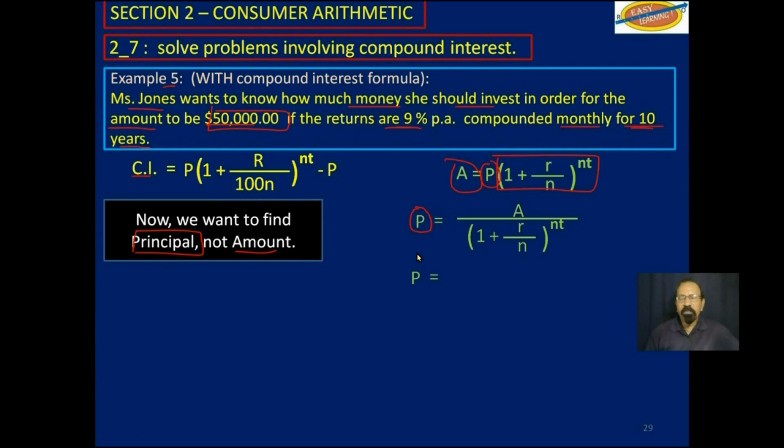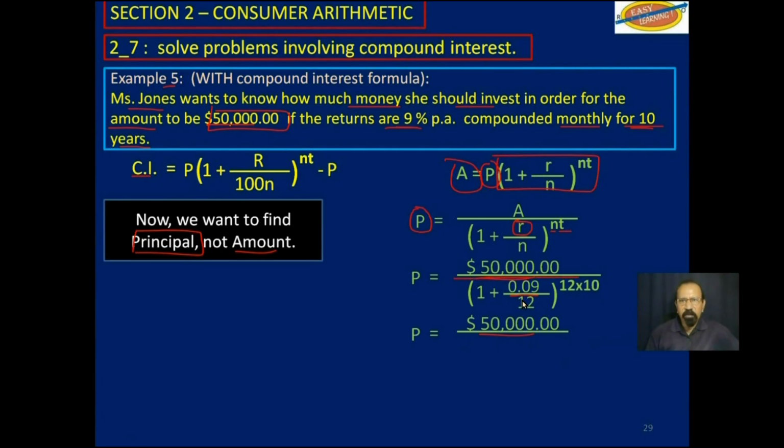So we will substitute the numbers we are given, 50,000 over 1 plus, remember this R is the rate as a decimal, 0.09 over n, which would be 12, close bracket, to the power 12 times 10 years. So that would be 50,000 over